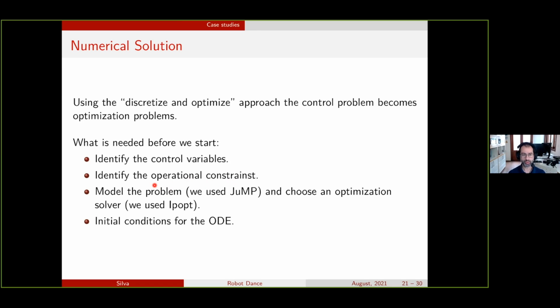You have operational constraints that say what is the capacity, the testing capacity in each region of the state, something like that. So you have constraints that you add to the model to address this kind of situations. Okay. We then wrote the models in JuMP, which is a mathematical programming modeling language for the Julia programming language. And we use IPOPT as the optimization solver.